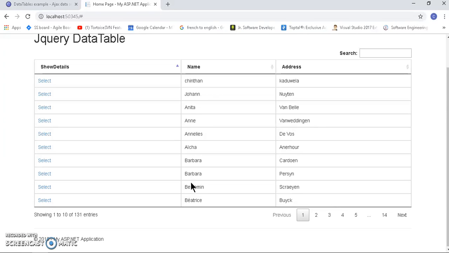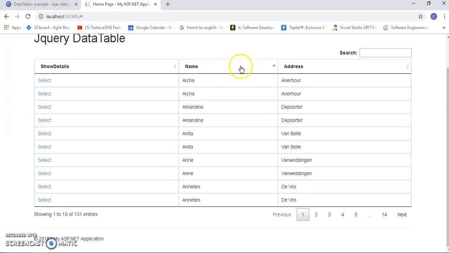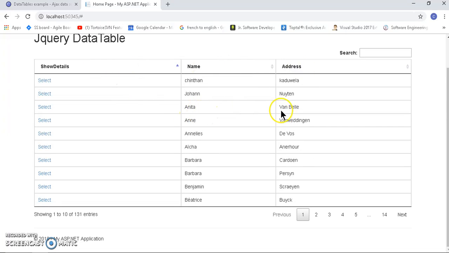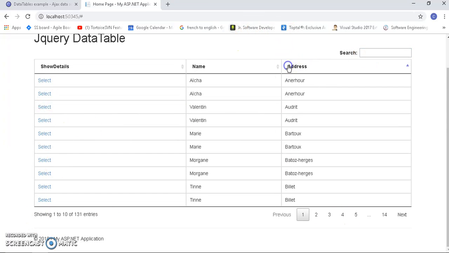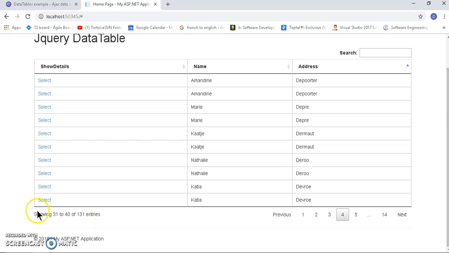Actually, in this video I'm going to use jQuery DataTable, and I will show the example. You can see this page. It is the jQuery DataTable we use to display the data to the user, and it has searching, sorting and pagination, and we are also showing some data on this side. Actually, in this example,